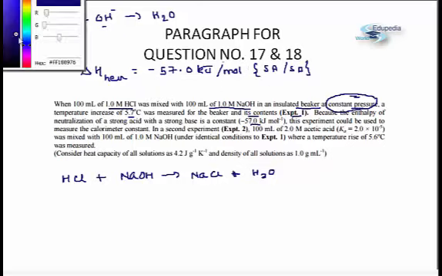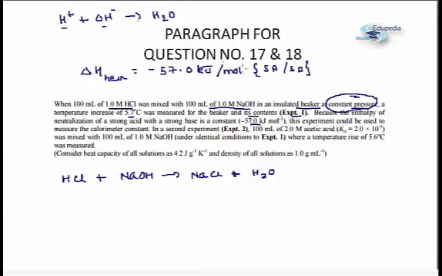Okay, so this per mole is one very important thing which you need to realize over here, that this per mole is per mole of H2O in case of neutralization. Fine. So what do I mean by per mole of H2O? I mean that 57 kilojoule of heat will be released when 1 mole of H2O is formed according to this particular reaction. Now if we come back to the experiment, we have 100 milliliter 1 molar HCl.